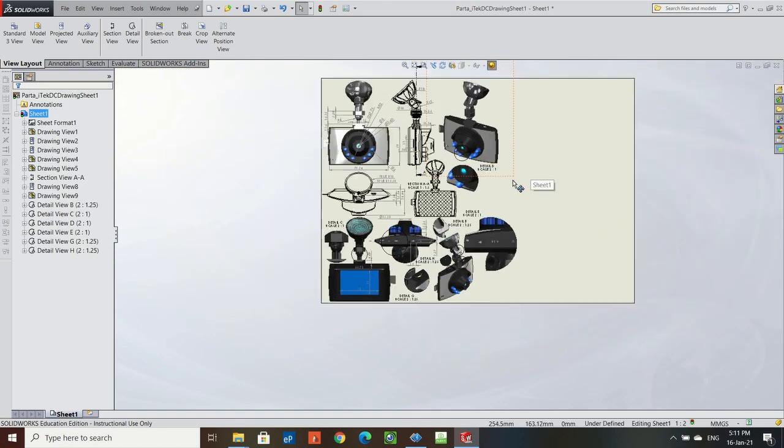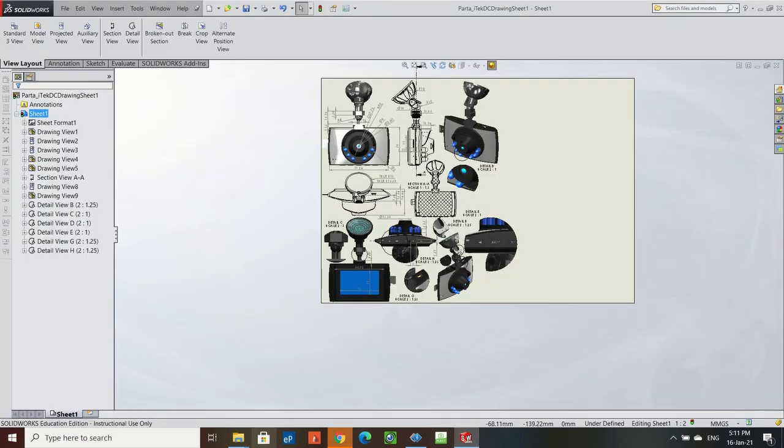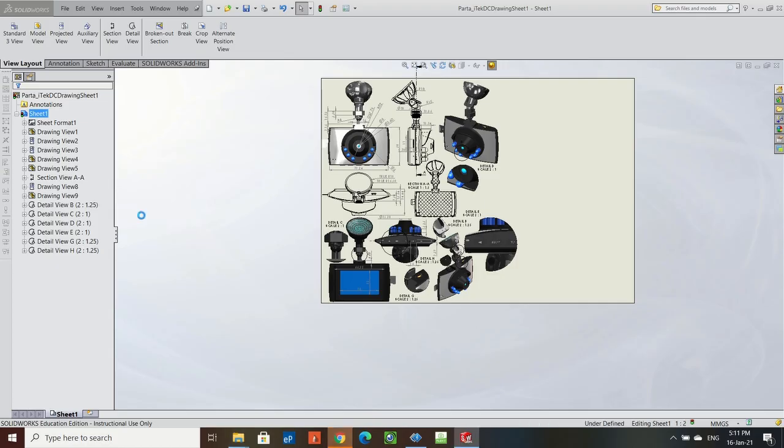Now what I'm going to do is I am going to insert, I'm going to save, and I'm going to open, well, not the internet, but I am going to open the exploded assembly. So I take the exploded assembly,